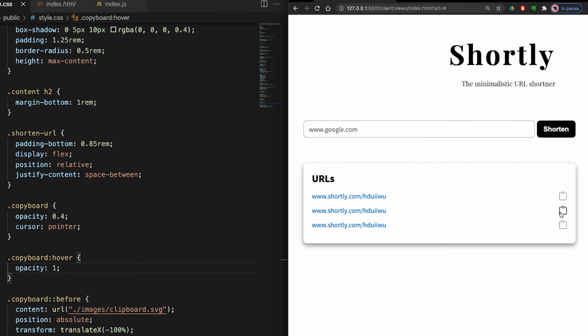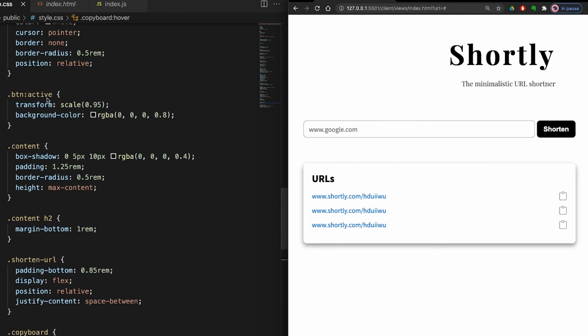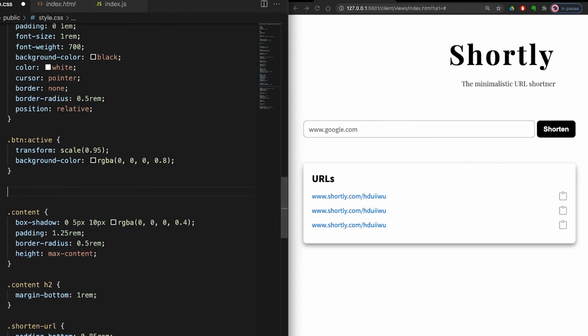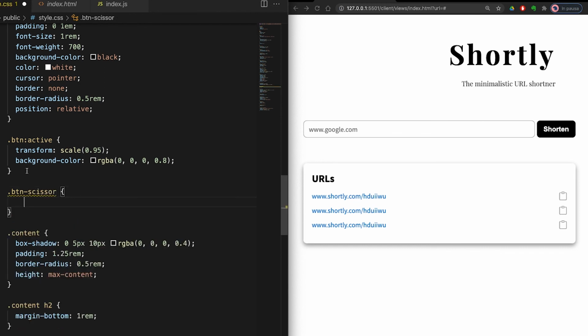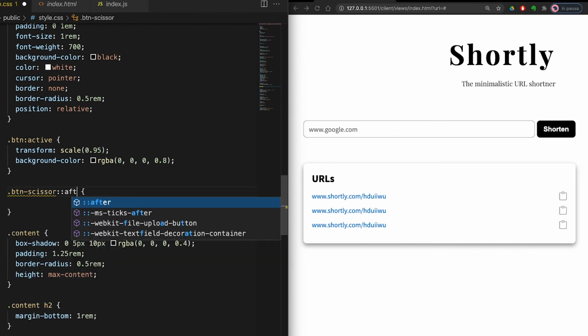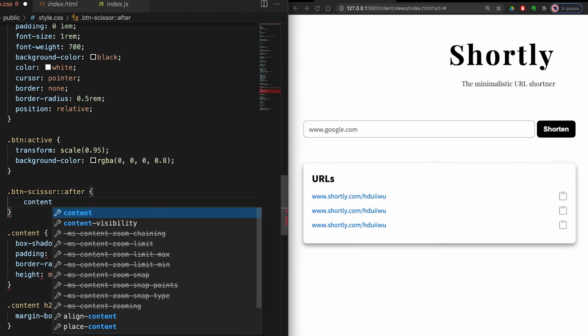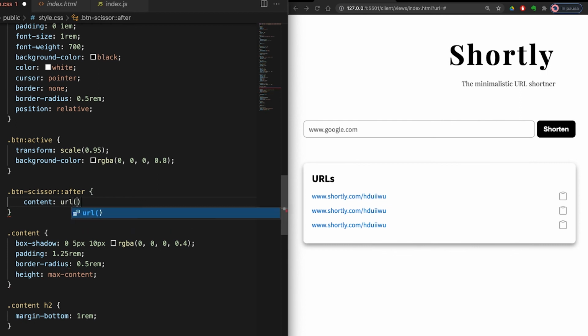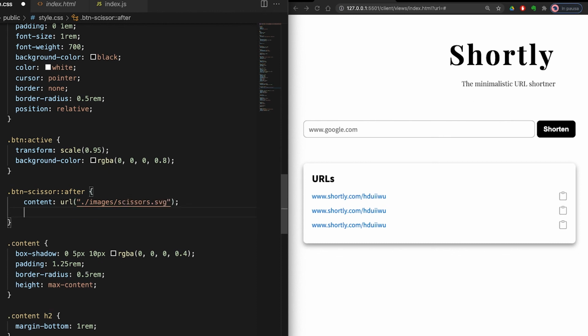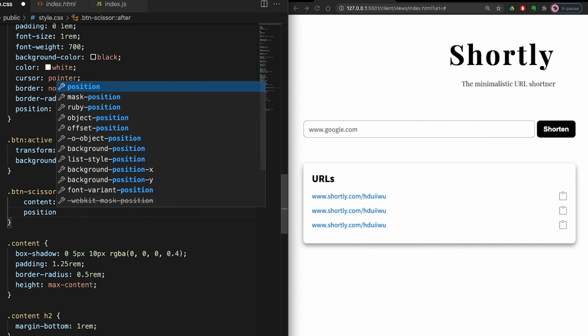So basically put a pseudo element with the icon, and I'll explain why I do this. This is the button, and I'm going to have another class, call it scissors, and I'm just going to give it a pseudo of after, and this is going to have a content of URL. So I'm going to select that image again, the same folder, and I'm going to select the scissors. Okay, and this is going to be a position of absolute,